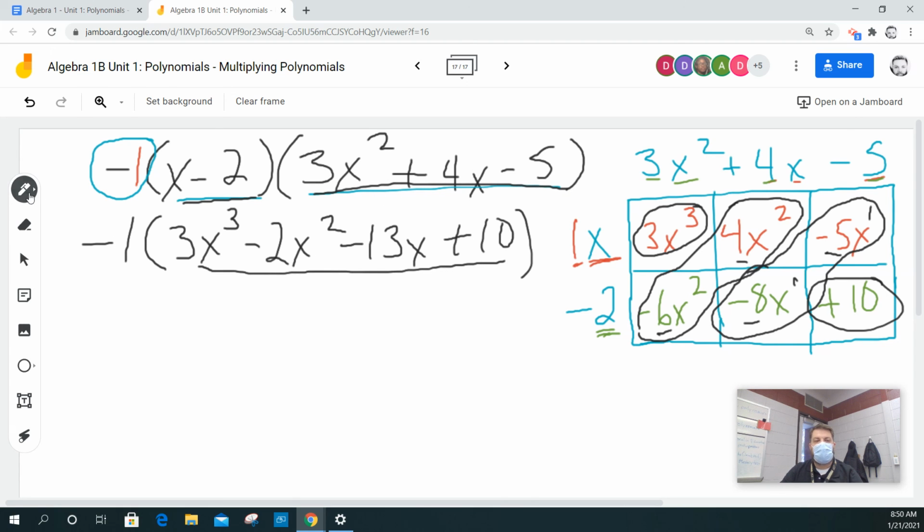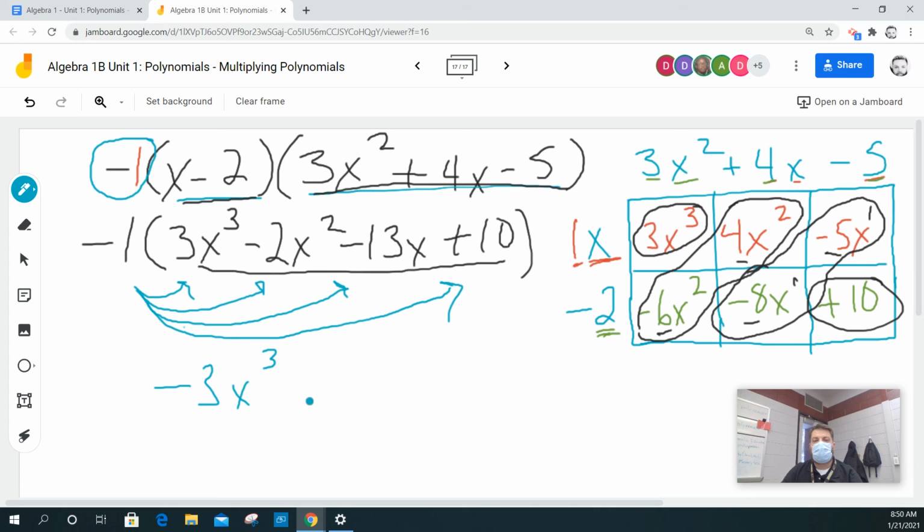The last step is I'm going to multiply everything by a negative 1. Now, I don't know if you picked up on this, but whenever we multiply something by a negative 1, the only thing it does is change the sign. In other words, this becomes negative 3x cubed. This is a negative 2x squared, so it becomes a positive 2x squared. This is a negative 13x, so it becomes a positive 13x